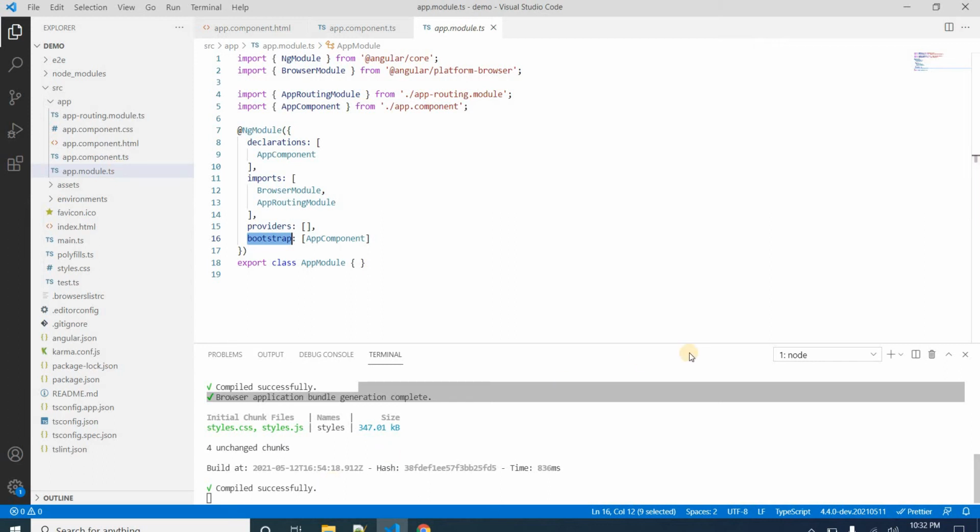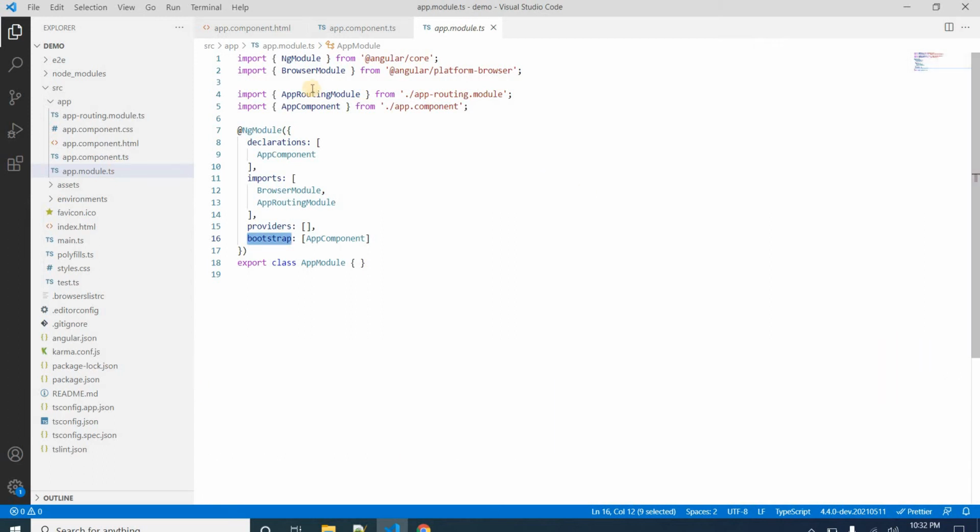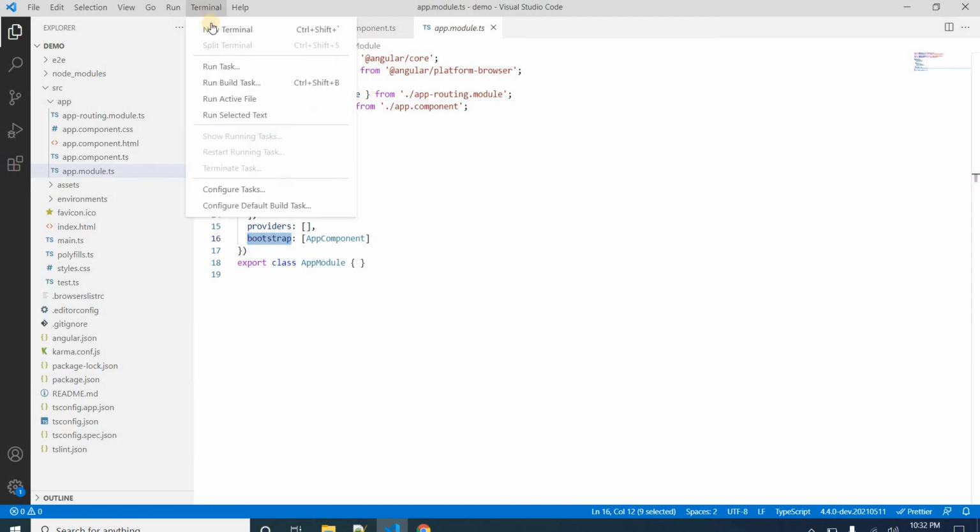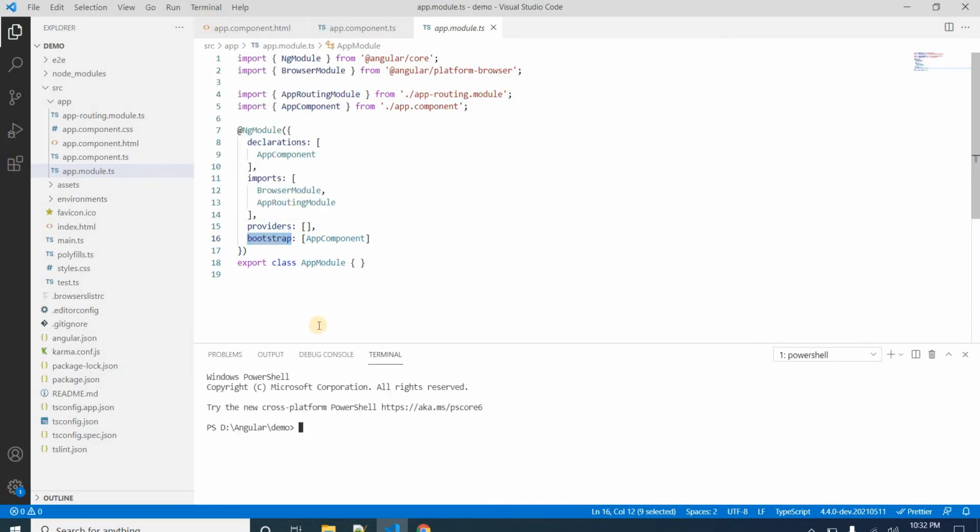So for our understanding, let's create a new component. To create the new component, I just click on terminal, new terminal. For this we have the command ng g c, where g is for generate and c for component, then the component name. Suppose I am creating the component inside the user folder, and let's say the component name is employee.